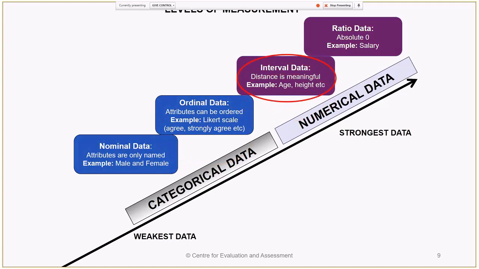And then we go a bit up where we really want to be: interval data. Here, distance is meaningful. Every centimeter is equal in length. Every kilogram is equal. So we can directly compare and also use parametric statistics. So raw scores, the type we usually derive from Likert scales, are ordinal in nature. But Rasch can elevate those to true interval data through the transformation it does.